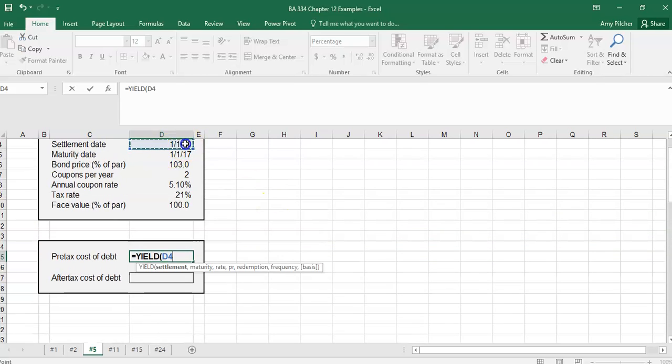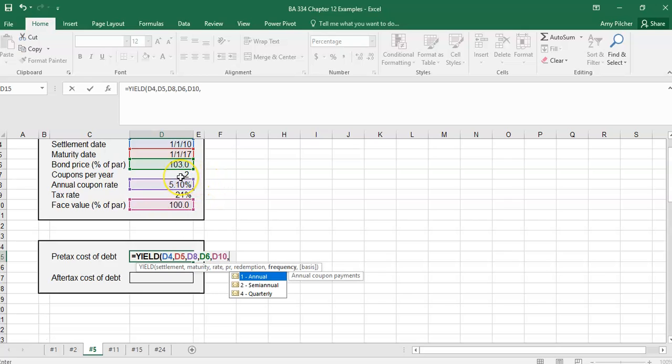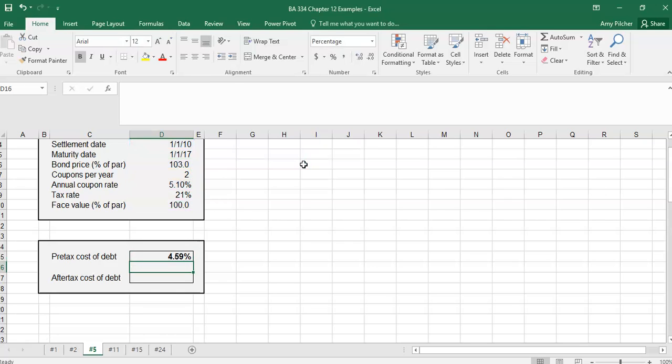We have the settlement date, maturity date, our annual coupon rate. We want our bond price as percent of par. The redemption value is the face value as percent of par. And then the number of coupons per year, which is 2. It's a semi-annual coupon. We then get a yield to maturity on their bond issue of 4.59,